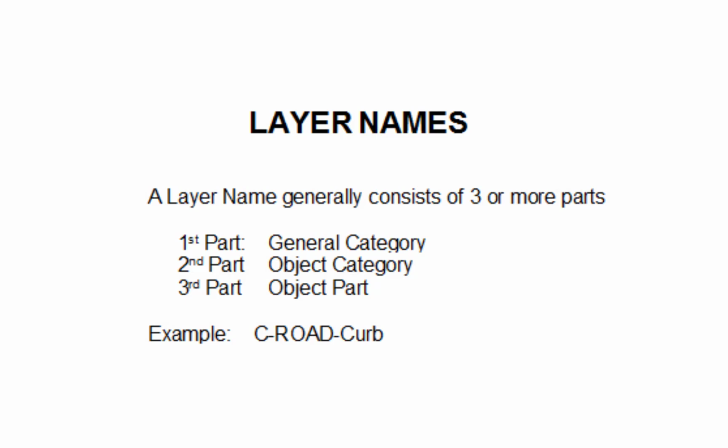A layer name generally consists of 3 or more parts. First part being the general category, second part object category, third part object part. An example,